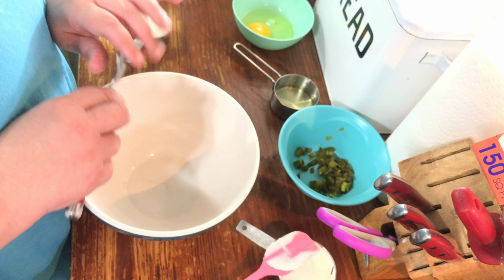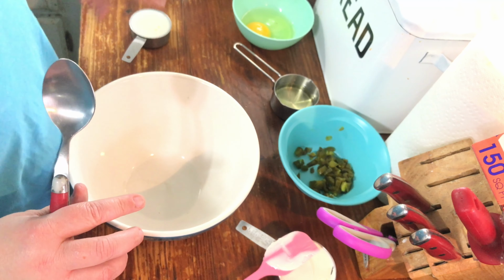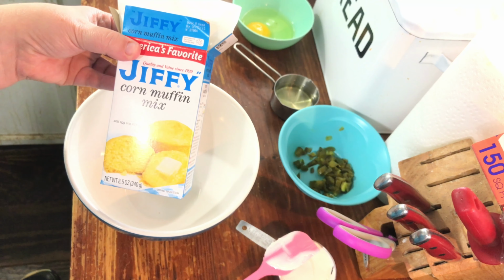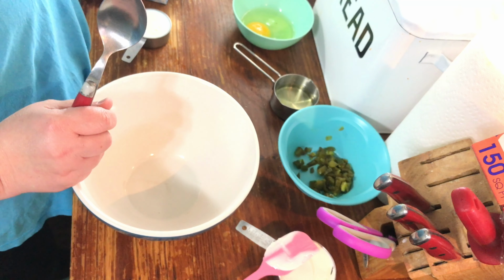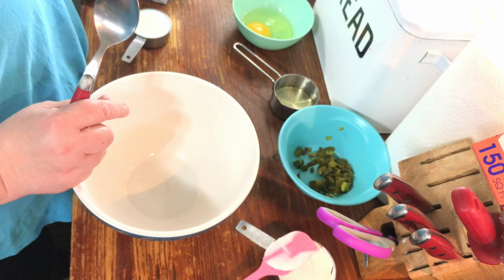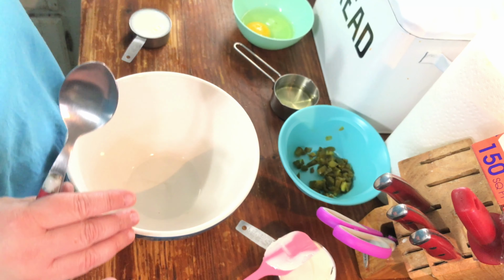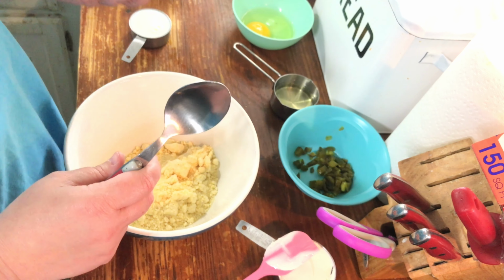Okay, so I'm going to make for y'all today a Jiffy jalapeno cornbread. So you'll need Jiffy mix, cornbread mix, corn muffin mix. This I'm going to split in half. So I'm only going to do half the recipe, but I'm going to give you the full-fledged recipe down below. So I'm going to use Jiffy mix, corn muffin mix,